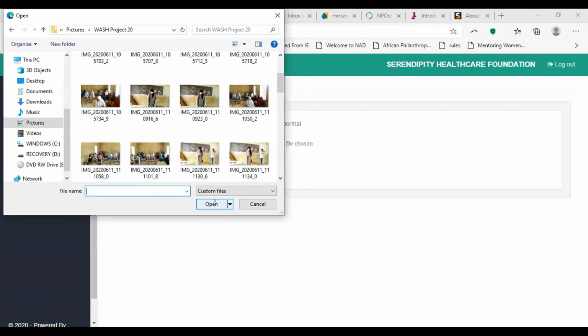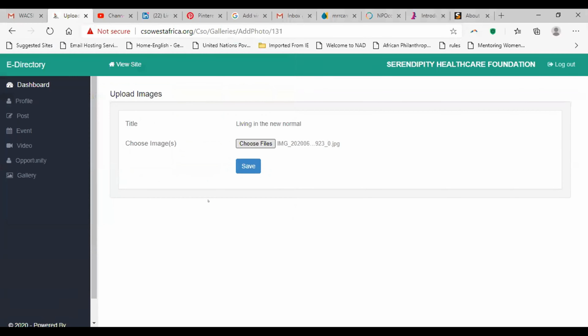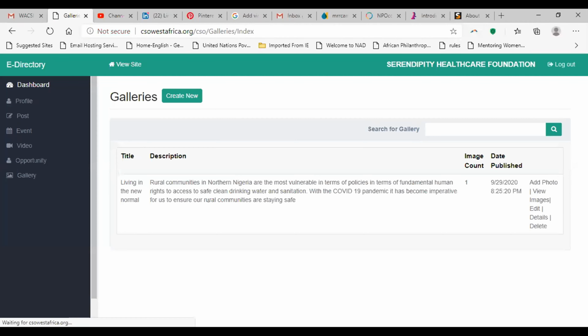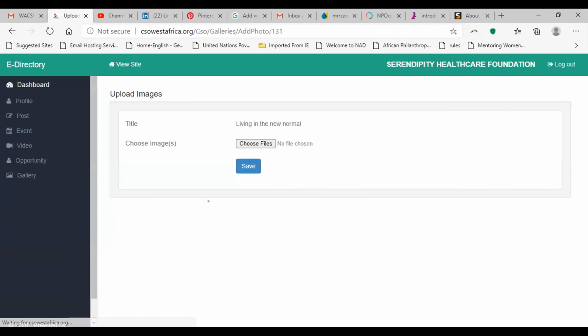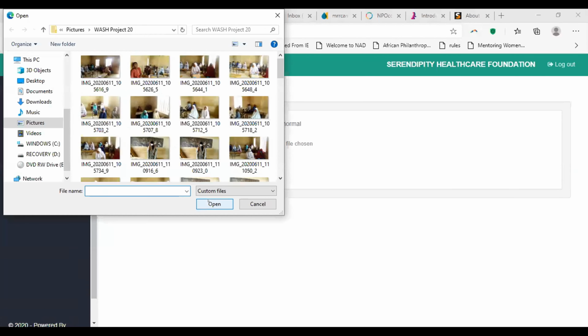So I'm going to take one picture which shows how I was showing them how to wear the face mask. I've chosen the picture and I'm going to click save. Yeah, so that's it. If you want to add more pictures, you just go there and click on the button again, and you can add as many pictures as you want. So that the stakeholders and anybody viewing your page will see the work that you've been doing